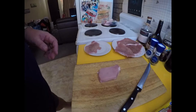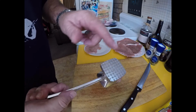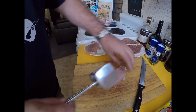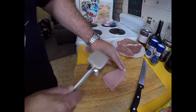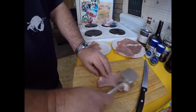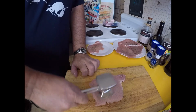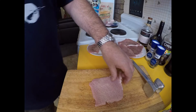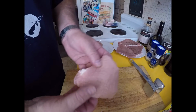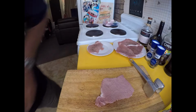Alright. So, you could wrap this in glad wrap. I'm just doing it on my cutting board. I'm using this pointy bit of my meat tenderizer, and just getting to work on it. Now, once you've got them, they don't have to be super thin. Once they're down to a bit thinner, like so, what we're going to do is...